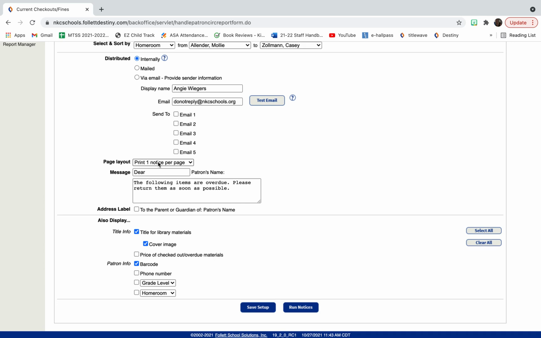Print layout, we can go ahead and print one notice per page. So this will be per student. Each student will get their own notice is what that's saying. So here's where we can customize what the note is saying. Dear, and then it will give the patron's name. And it already has in there, the following items are overdue. Please return them as soon as possible. We could even type in a little extra,